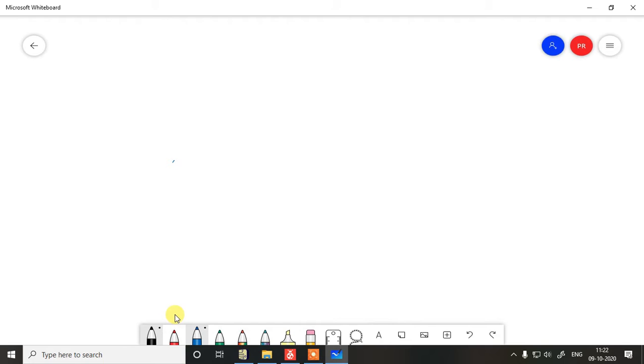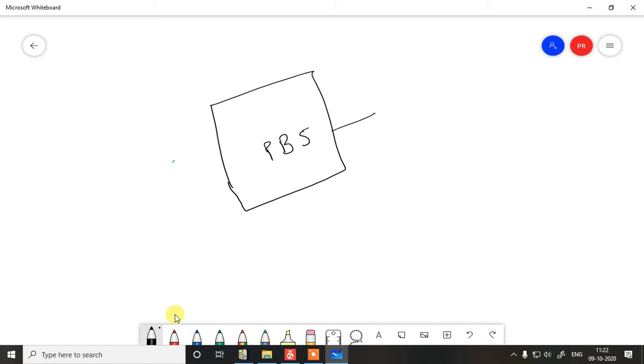Now let us say I have some controller and there is some device connected to just one pin. So let's say PB5 is the pin, and let's say the device for now is nothing but an LED. Now what I want to do is just make this particular pin on and off, or do some controlling action on this pin.